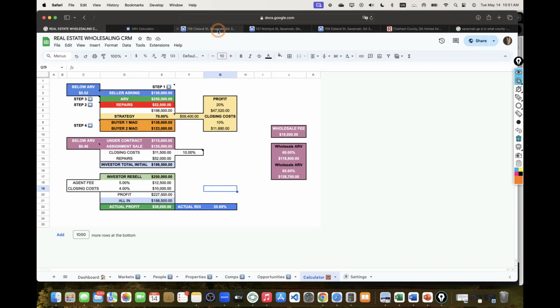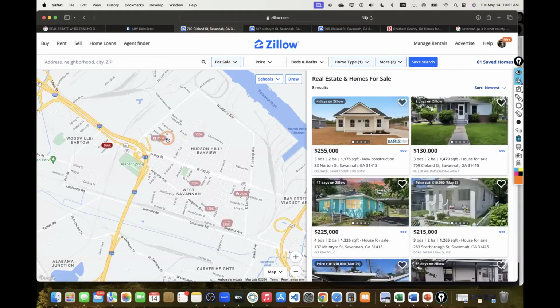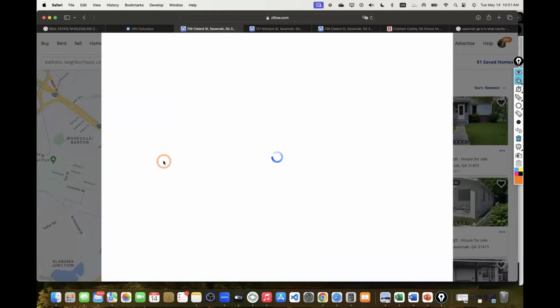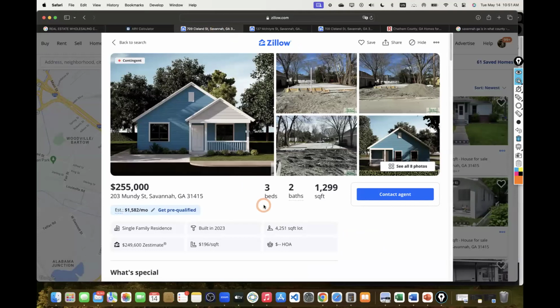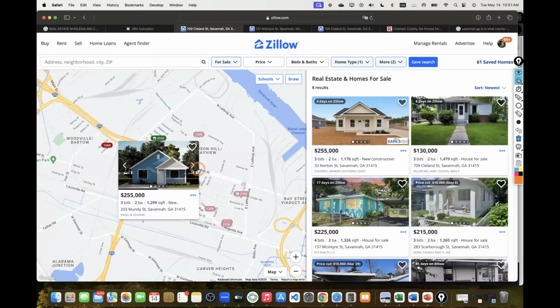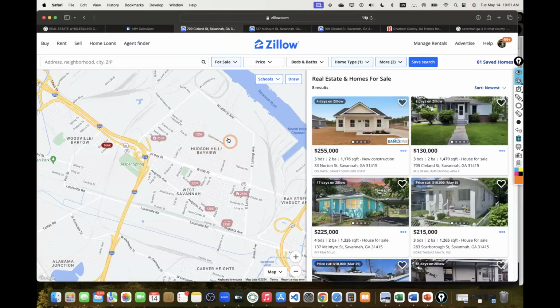But what I do like about this, and it's my biggest hope, is this 2024 built, brand new built home. This is what's going to help out the property, especially around that time, driving the price, because this is already contingent. This is already under contract. This project that is happening over here. So this is so far a great opportunity in terms of the area, because there's new construction happening and I already know how much properties can sell for over here.